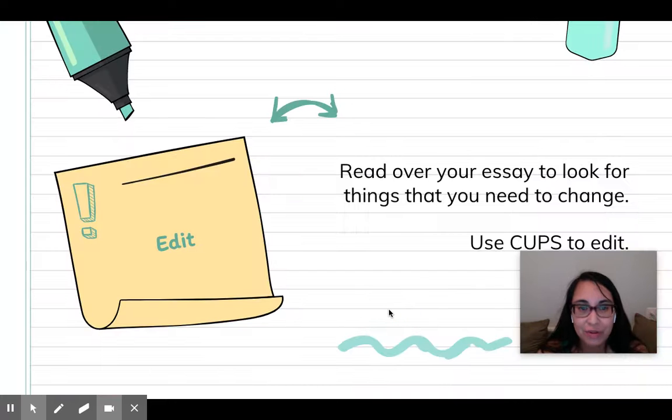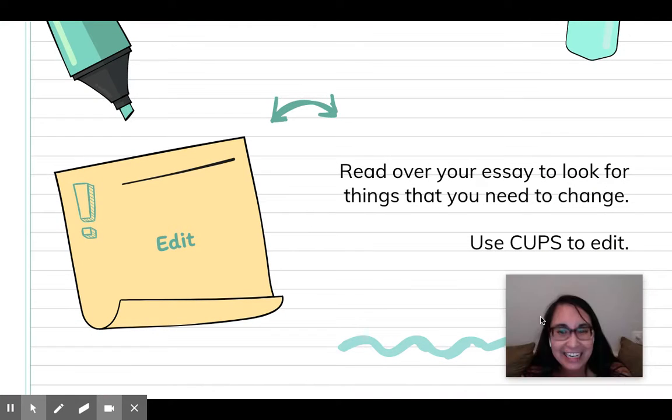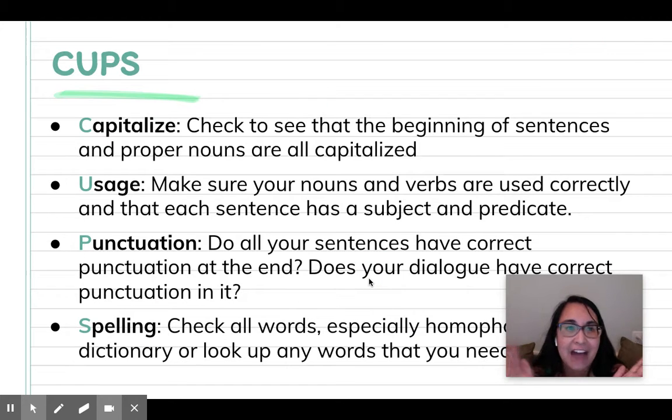So yesterday we were revising and today we're editing. So remember, editing is when you look at just the grammar and spelling of your essay. You're just looking at how you wrote everything and making changes as you need them, and you're going to use CUPS to edit. When I say CUPS, I don't mean literal cups, I mean the acronym CUPS, which stands